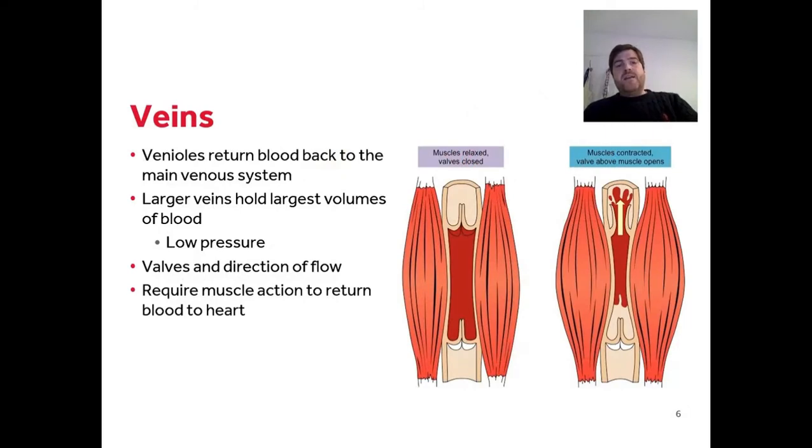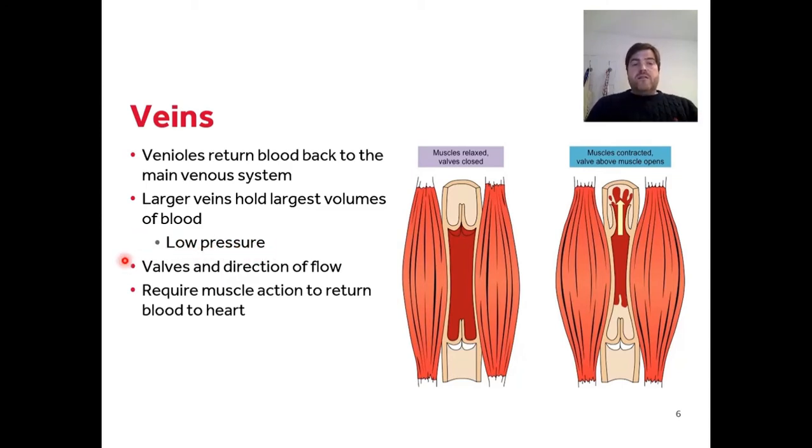And finally, we have the veins. Now, venules are the smallest veins, and they return the blood back to the main venous system. The larger veins are where we hold the largest volumes of blood. As we've already mentioned, these veins are at low pressure,